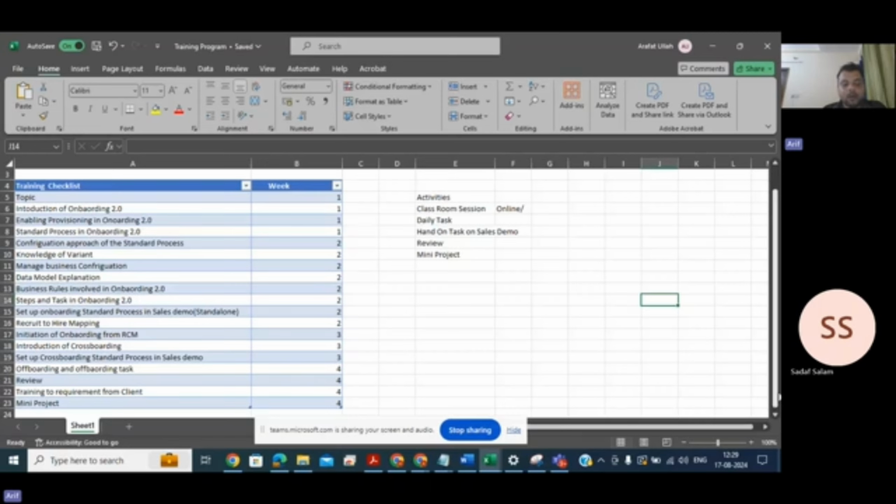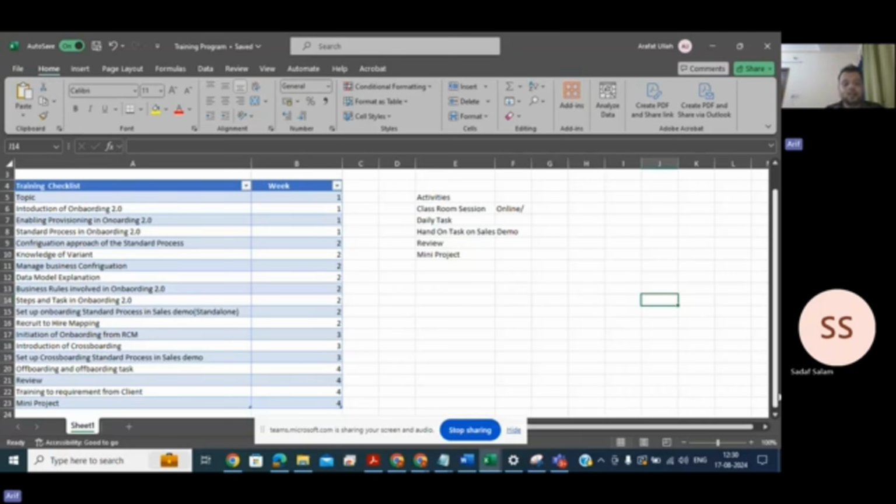Then a review will be done after completion of the course. We will review each individual on how much they have grasped from the subject. Then, suppose there is a training requirement from the client. What we will do is, we become the client and you become the SuccessFactors consultant, and we give you some requirements to set up on the system, and you have to do it. Then we will wind up with a mini project. There will be a mini project task which every individual has to complete,